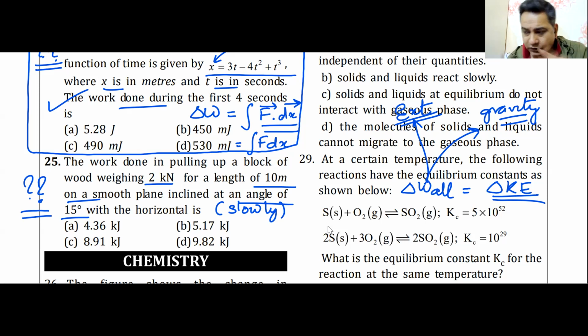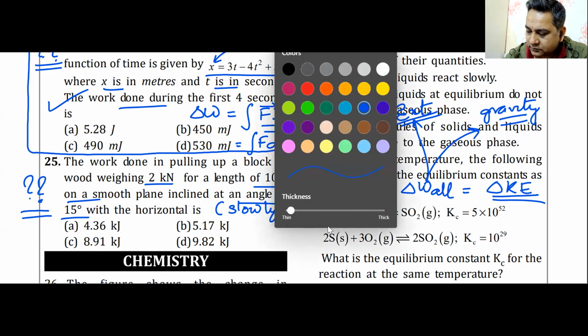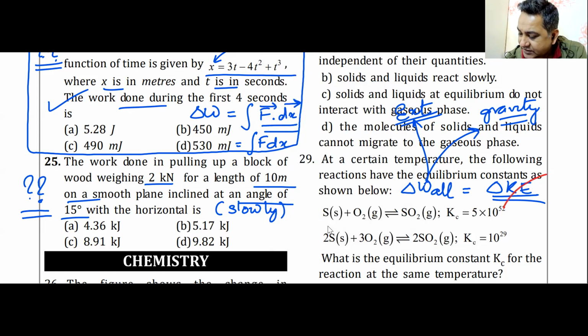Now, when I'm moving it very slowly, what they actually mean to say is that this change in kinetic energy is zero. So that is one thing that you have to understand in this question. I'm lifting it very slowly. Even this is fast. Very slowly. So change in kinetic energy is zero.